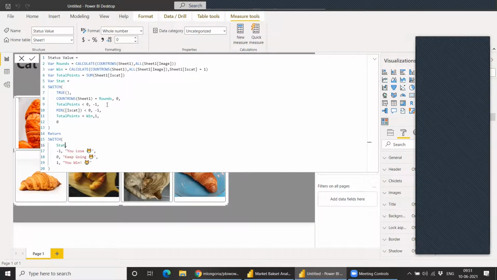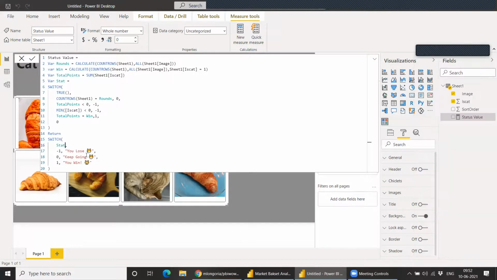Whatever the output of this variable would be, if it's -1, we are saying you lose. If it's 0, we'll say keep going, and if it's 1, we are saying you win.